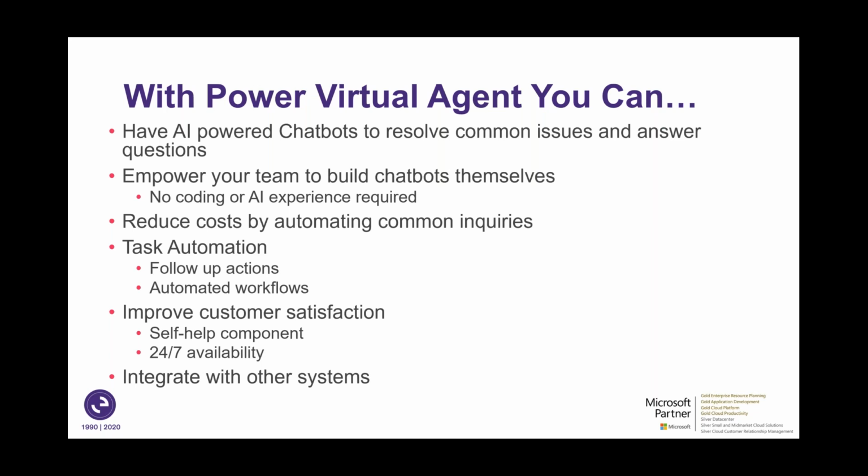Task automation is a big business value to Power Virtual Agent as well. So you can create, for example, follow-up functions and actions. For example, if you wanted to schedule meetings or assign a particular case, or do surveys, you can initiate all of that through a bot. And again, like I mentioned earlier, with Power Automate, you can then bring in custom workflows and automate the actions as well, so that when the bot is running, with the customer's permission and with your authorization, you can automate the resolution of that case and create an action from your bot as well.